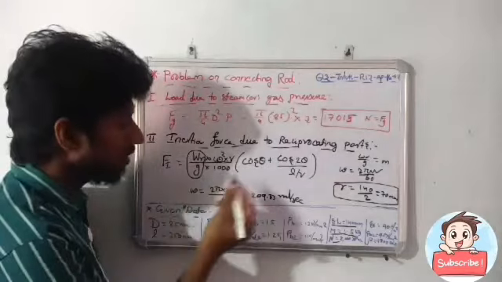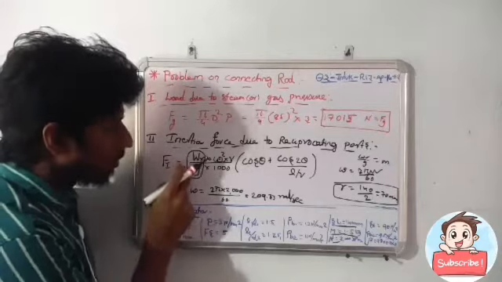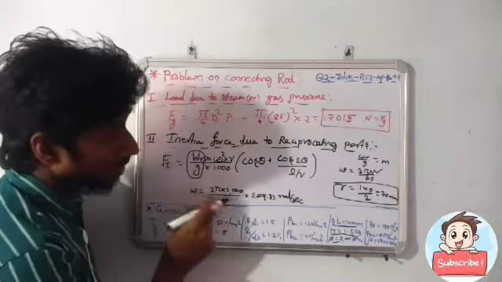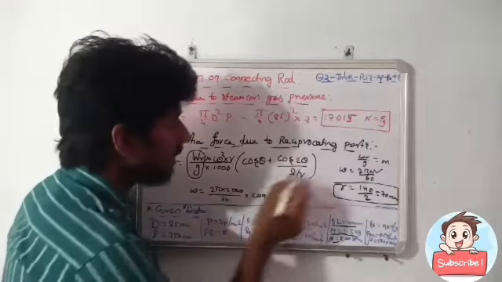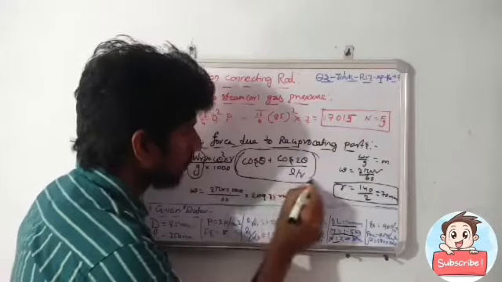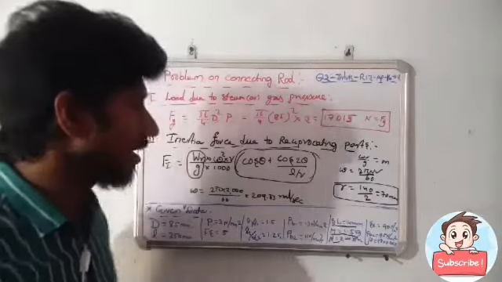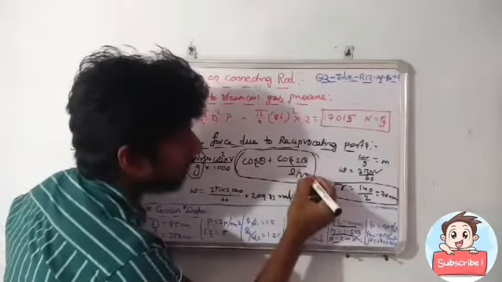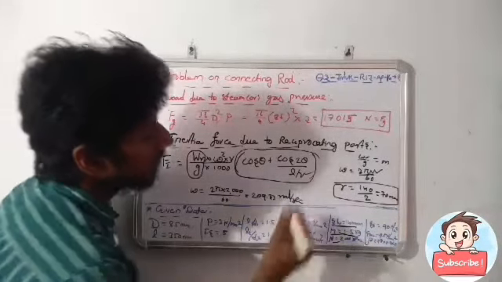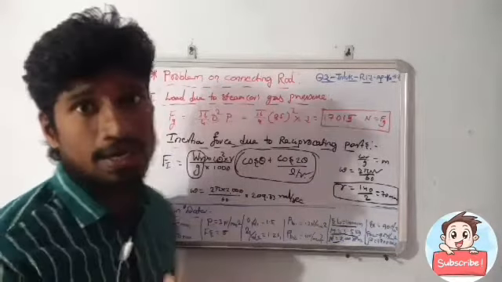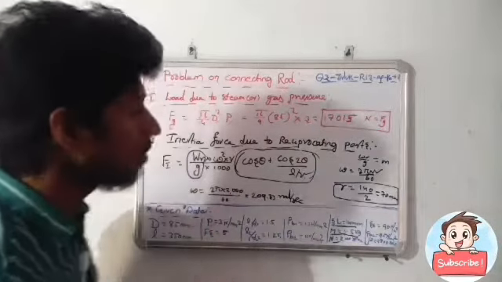Let's see. Here we have already found the weight by gravity, that is the mass of the reciprocating parts. We have this value, and omega also we found here. And the radius of the crank also we know. And finally, we don't know this term, the inertia factor. For that inertia factor, we are using the design data book. Before that, it's better to find out the L by R, length of connecting rod to radius of the crank value. With the help of this value, using the design data book, we consider the inertia factor value. So first of all, find out the L by R value.